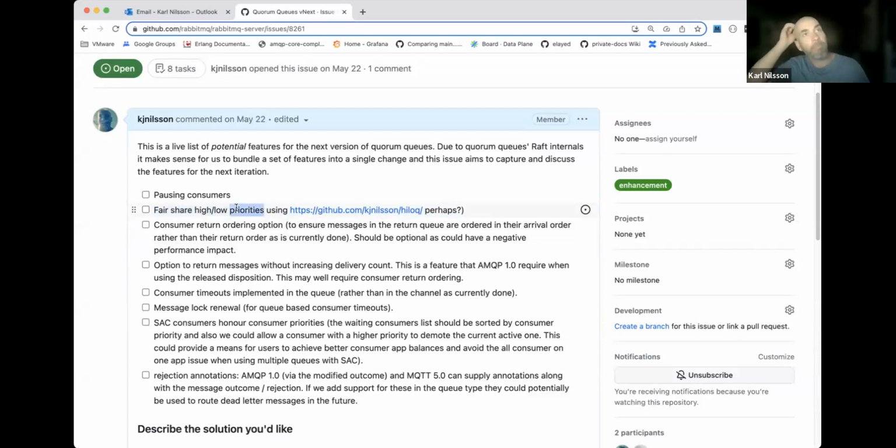I have in prior content explained why we don't have priority queues inside a quorum queue. Partly, we got a lot of things for free using Raft, but there were a few things we had to pay for. One downside is that we have to make progress on the oldest messages in the queue. We can't leave messages indefinitely in the queue whilst processing the newer ones. We can't leave a single really old message, because that will affect how quorum queues are able to snapshot and truncate their log